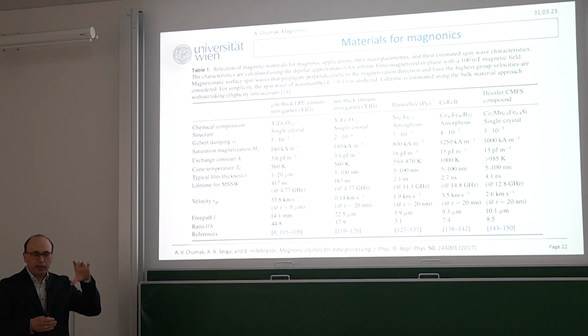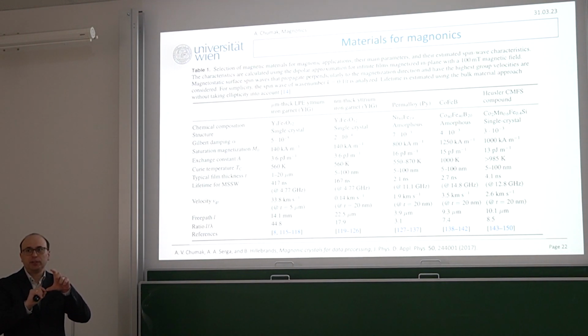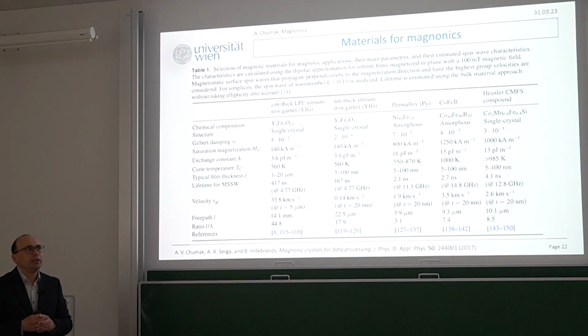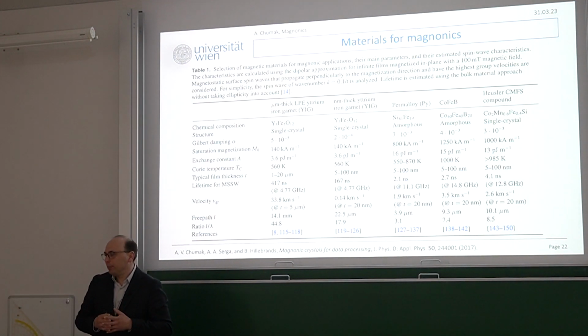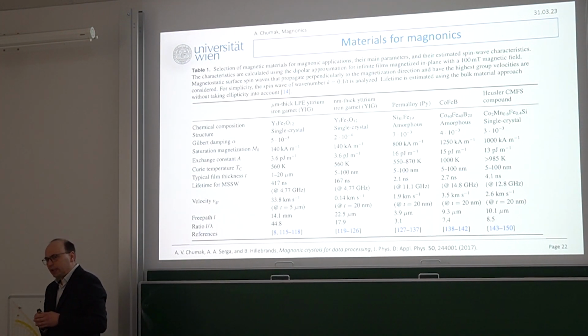But if you have 5 micron thick YIG, which is pure YIG, and only, I don't know, 50 nanometers is impure, then usually you can ignore it. It's not so important. But then when you go to 50 nanometers, then it's a problem. So that's one reason. Another reason is that this magnon damping is usually coming also from two-magnon scattering